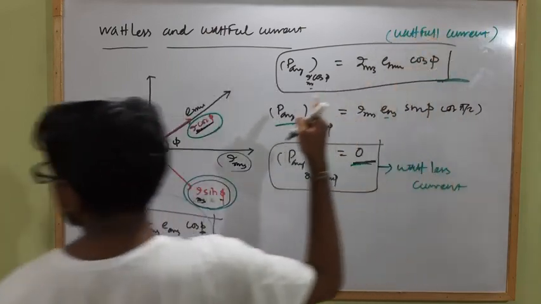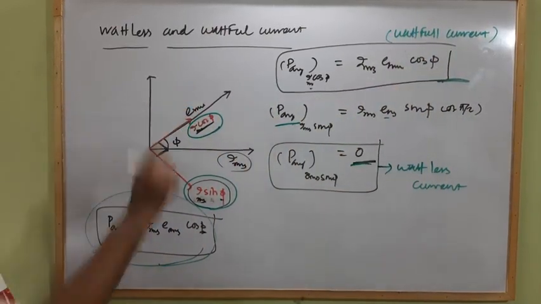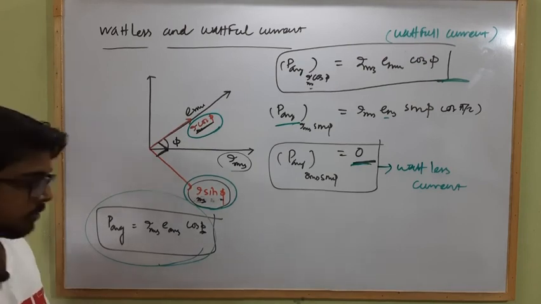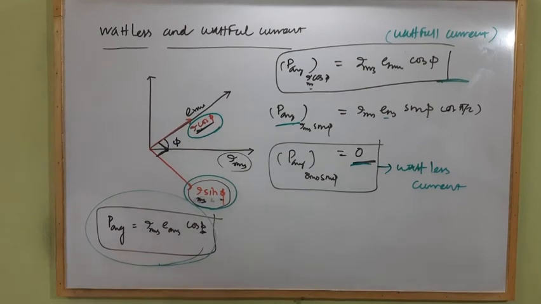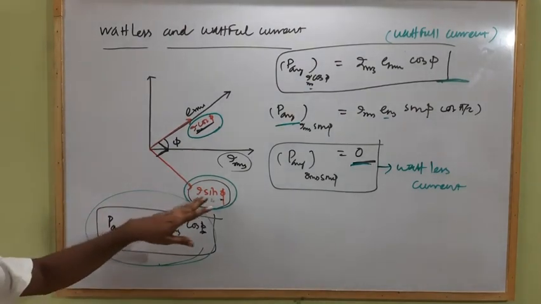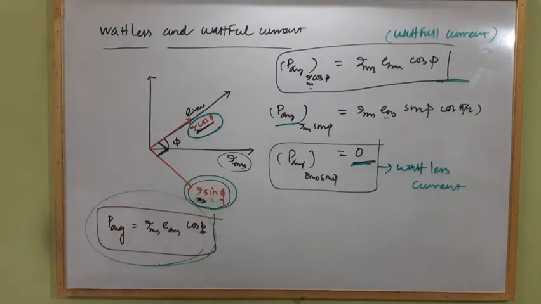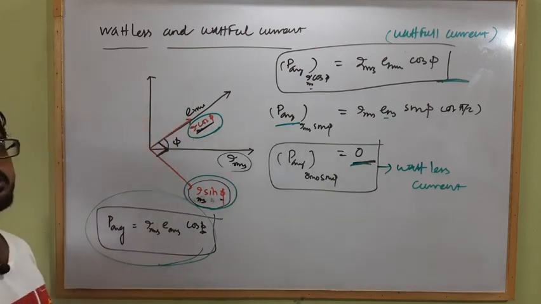Okay, so the component which lies along the direction of E RMS is known as watt full current, and the one perpendicular to the direction of E RMS is known as wattless current. Clear? So I RMS sin phi is known as wattless current, and I RMS cos phi is known as watt full current. Okay, so this is all about